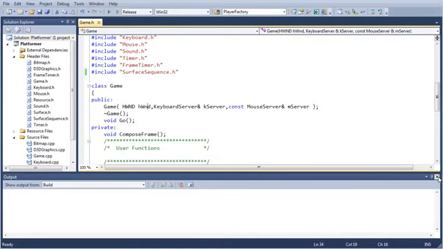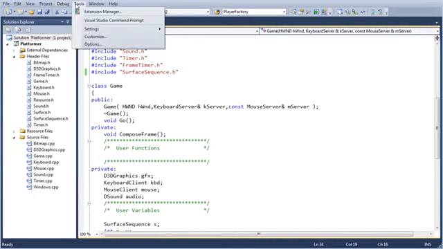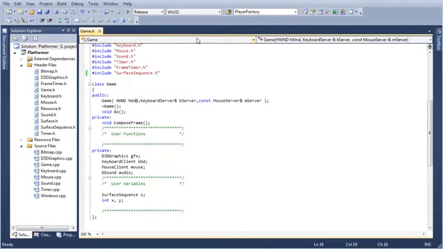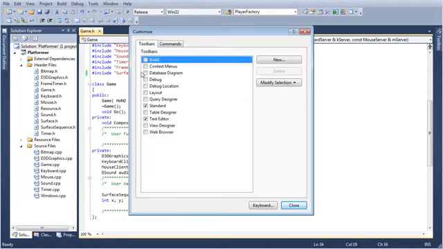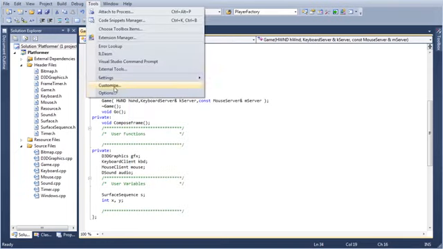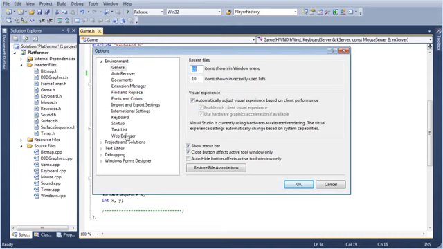Now let's talk about the things we're going to do. First of which is you're going to go to Tools. You're going to go to Settings, and you're going to change to Expert Settings if you haven't already. And when you do that, it's going to change your font, which is fine for you, but bad for me because I'm on YouTube and people need to see what the hell I'm typing. Here's the thing though, I don't really know how to customize my font size so that it stays.